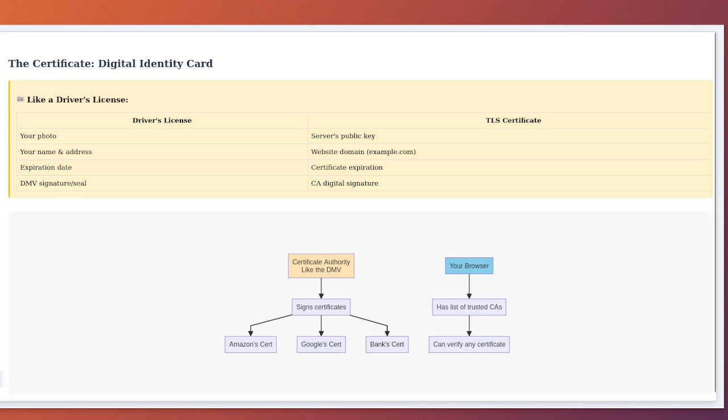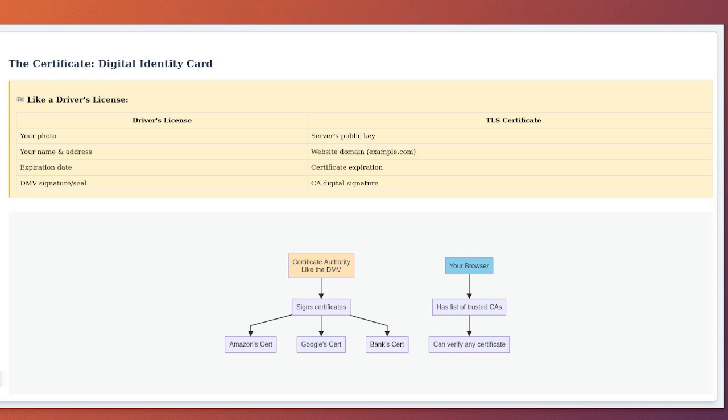Let me show you with simple numbers how the signature works. Let's say the CA's private key is 7 and public key is 13. The certificate contains information such as site equals Amazon.com, public key equals, expires equals December 2024. The CA calculates a hash, like a fingerprint, of this information. Let's say it equals 29. The CA then signs by calculating 29 to the power of 7 mod 33 equals 17. Anyone can verify this signature using the CA's public key. 17 to the power of 13 mod 33 equals 29, matching the original hash.